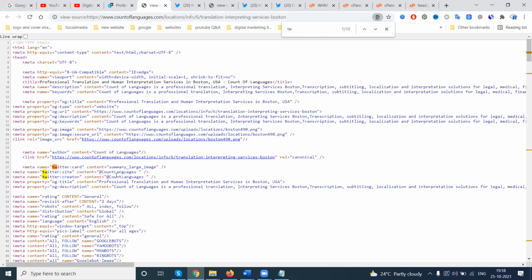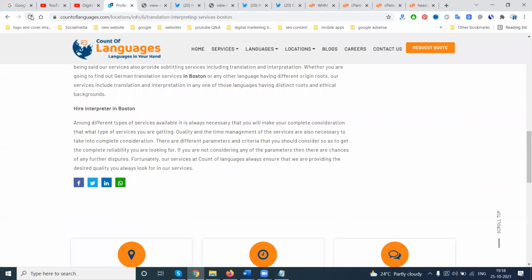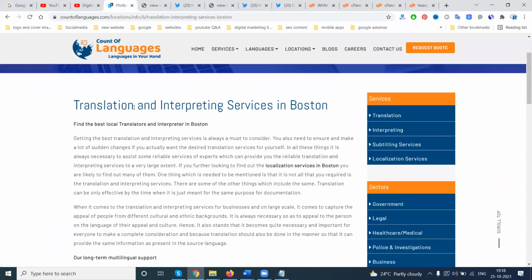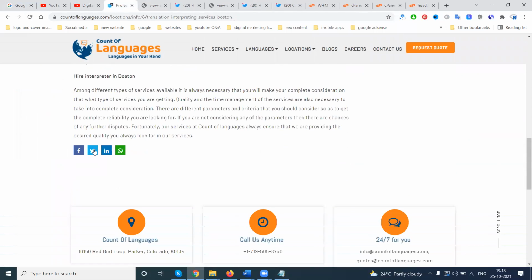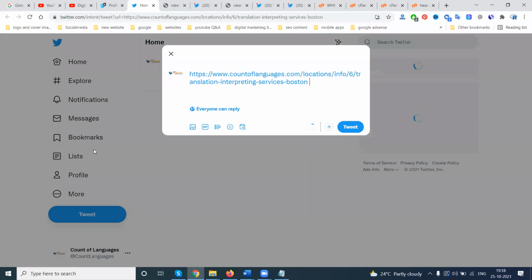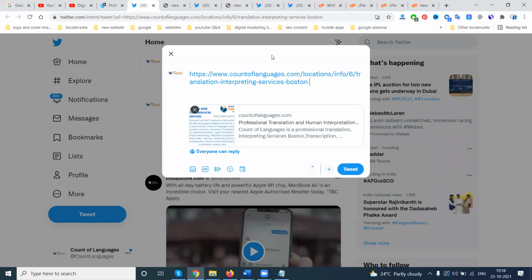The code is updated. A little bit of time is taken to show your content for the particular website. Once the code is updated, after a few seconds or a few minutes, when you click the share option, it will show a large image.